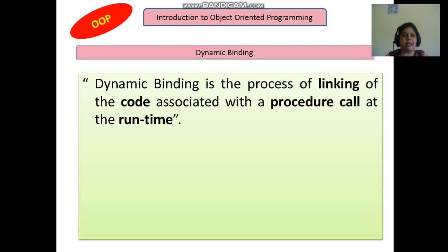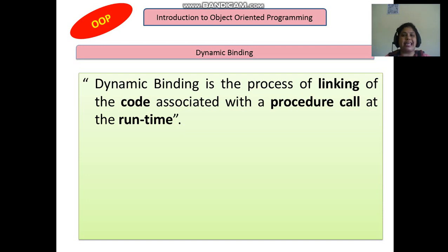What is dynamic binding? Binding means, as all of you understand, linking something to another. In terms of programming, when you link the definition with a procedure call at runtime, that becomes dynamic binding. So dynamic binding is the process of linking the code associated with a procedure call at runtime.